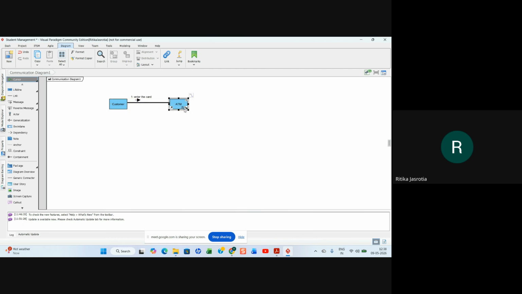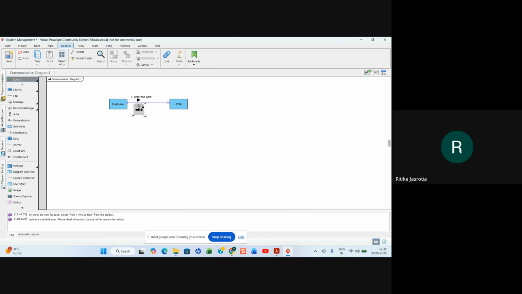Then the ATM gives a return message. So return message is given to the customer, I'm just giving you here. Let us put it here like this. Can you see how it is done?